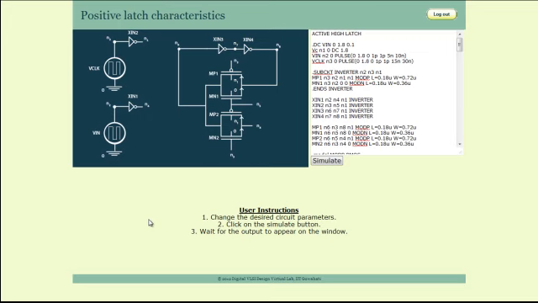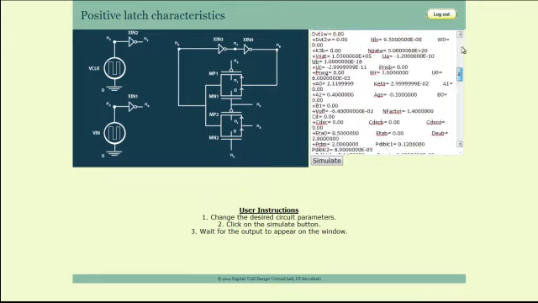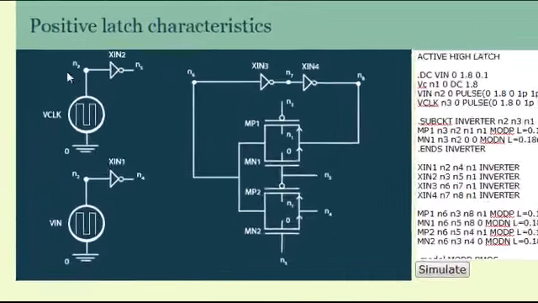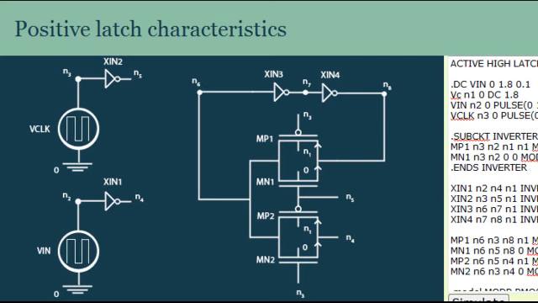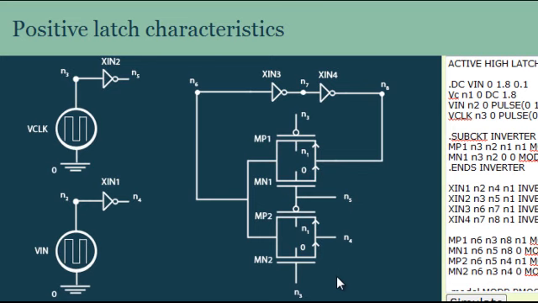In this new page, you have the schematic diagram of a positive latch circuit setup, and the corresponding program codes are shown on the right side of the page. Here, N3 is the clock signal input for the latch, N2 is the data line input, and N7 is the output of the latch. If you look at the circuit diagram, a positive latch circuit is implemented by using a 2x1 multiplexer whose inputs are N8 and N4.